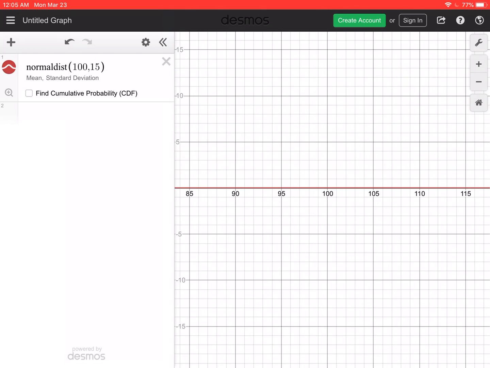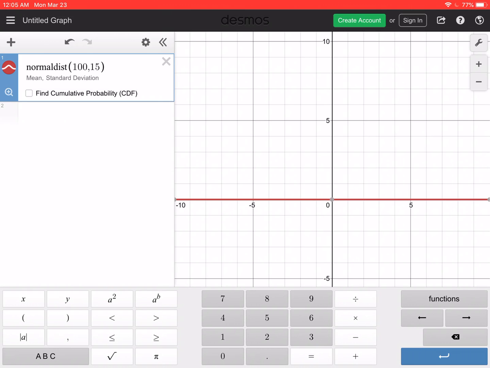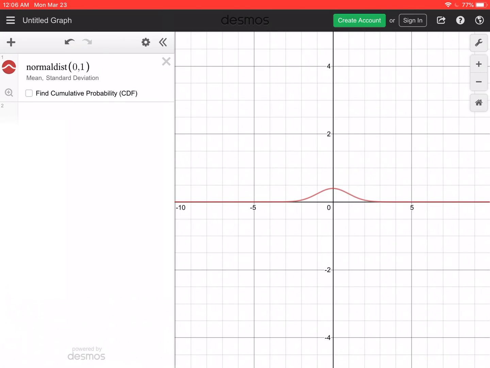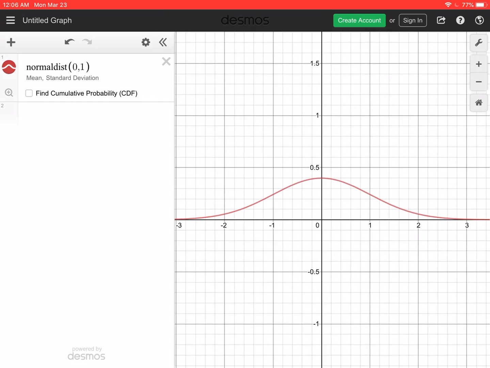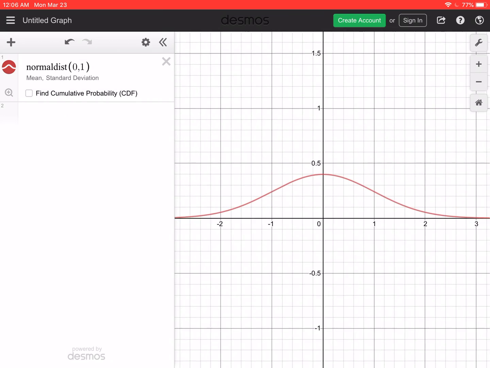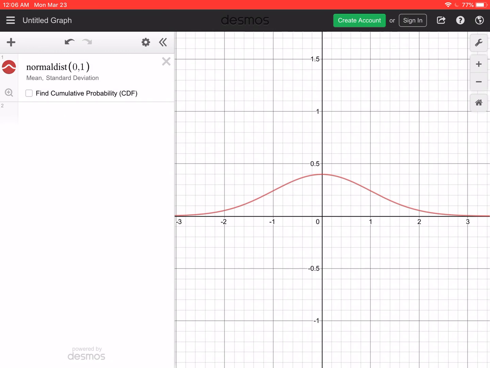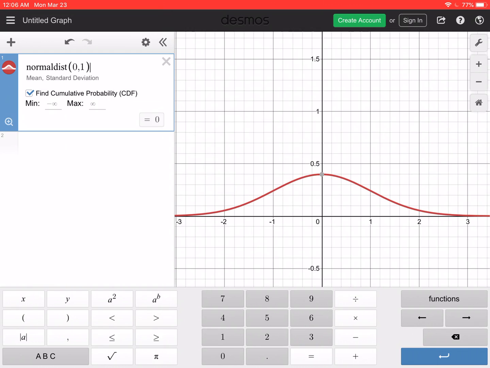Not very helpful. So if we go back, and let's get rid of these extra parameters. So we'll just go with the standard. 0 mean, standard deviation of 1. Okay, so there's our normal curve. The nice thing that Desmos can do for us is if you click Find Cumulative Probability, so CDF, right there, Desmos will give you the area under the curve. So if you don't specify anything, it'll just assume that you want the whole area, and that's 1. Now, for our purposes, we want everything less than